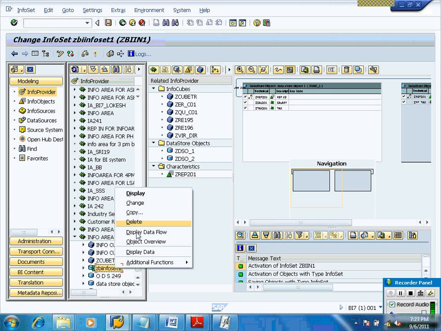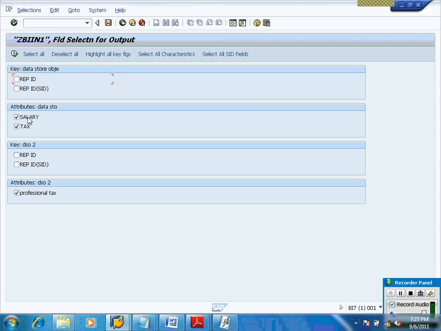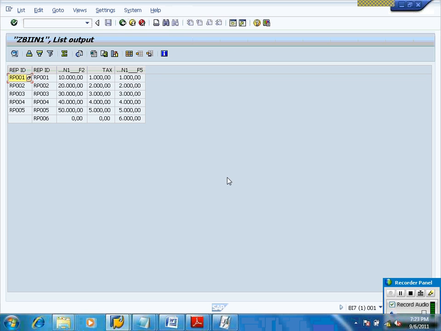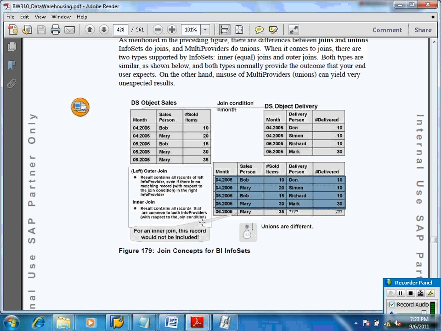Now right click and click on display data. Selection for output. The last record is coming here. Okay, they are saying the same thing here. For inner join, this record won't appear. For left outer join, yes, this record will be there.